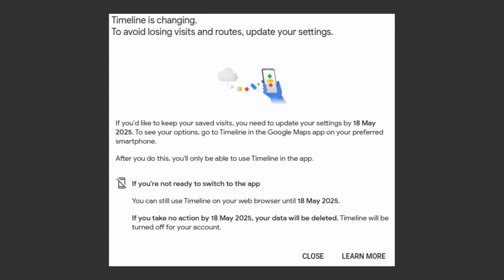Now, some users use Timeline just casually, while others rely on it more and might even run sophisticated data analysis on it. If you receive this notification and you rely on the data in your timeline, then please beware and don't start migrating your location data right away. You will likely lose data in the process.